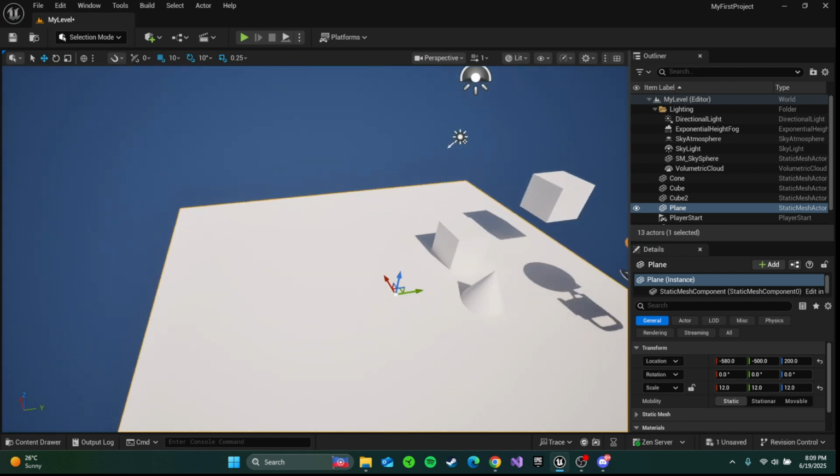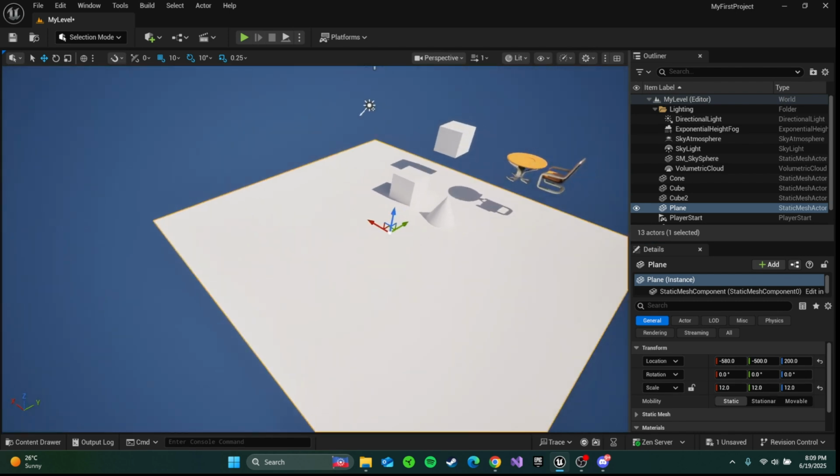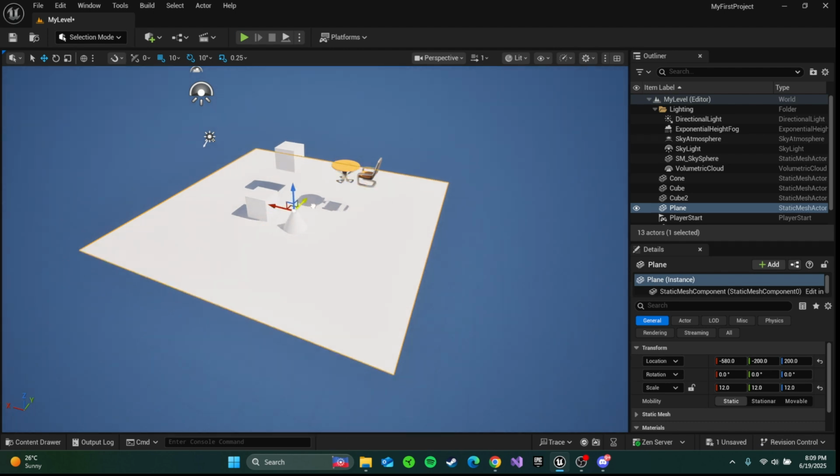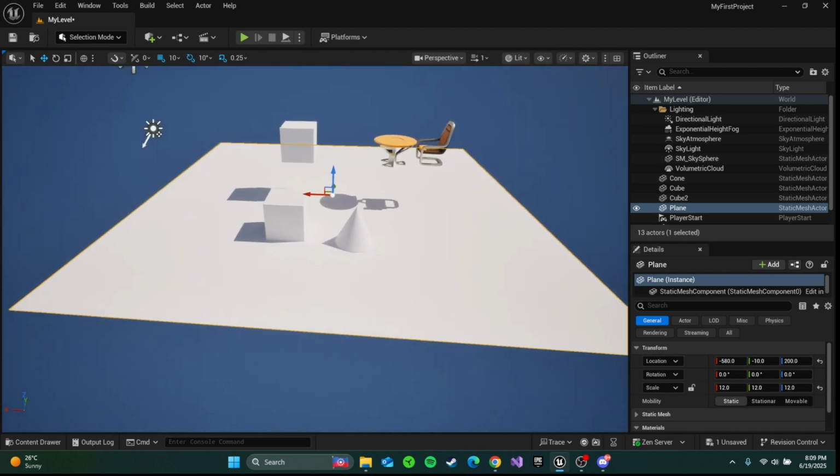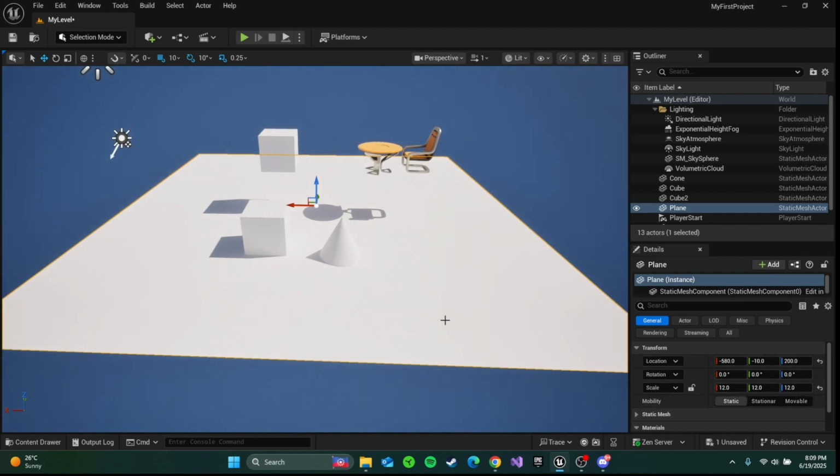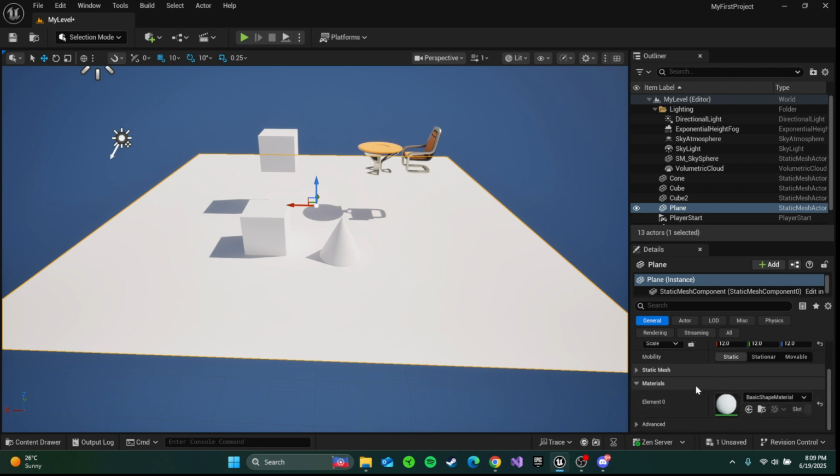Okay. So now we have a little bit more room here. I'm gonna move it around so that it can fit all my items. Okay, and now one thing that I haven't covered yet, I was planning on covering this in the next unit. It's about materials. Materials are basically gonna be textures that we're gonna put on top of our object. Basically, materials is how we make the object look. So we can color the object, we can put different kinds of textures. I'm gonna go more in depth in the next unit, but for now, just to have a little bit of an introduction,